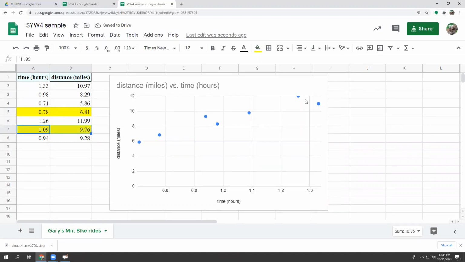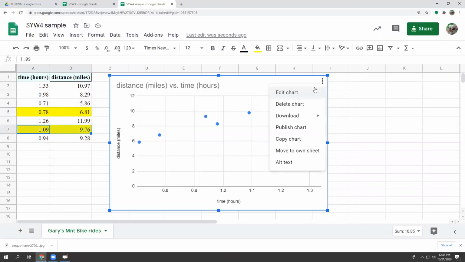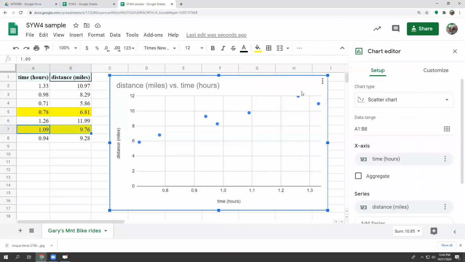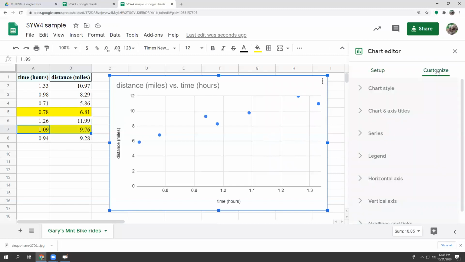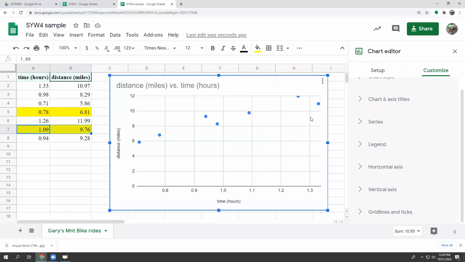Would other points be okay? Like maybe that one up there, this one over here. Maybe you'd have to draw this and see if the line you draw looked good for the other points. So that's one reason you want to get this on paper. If it's bothering you that you can't see all of that point up there, these graphs are editable. So I can click and edit the chart. It's a little harder to edit in Microsoft Excel. In Google Sheets, I just go to Customize. And in this case, I want to be able to see up higher, so that point's not cut in half.